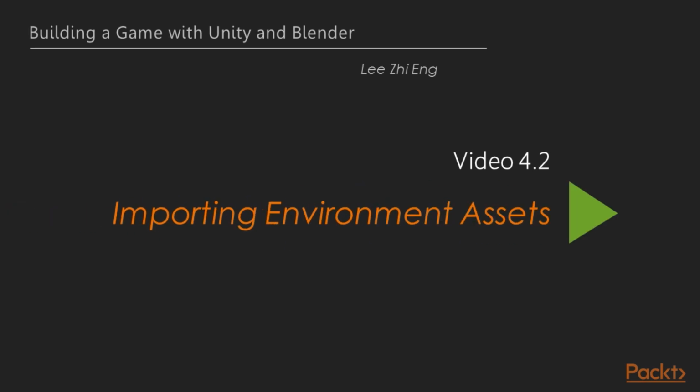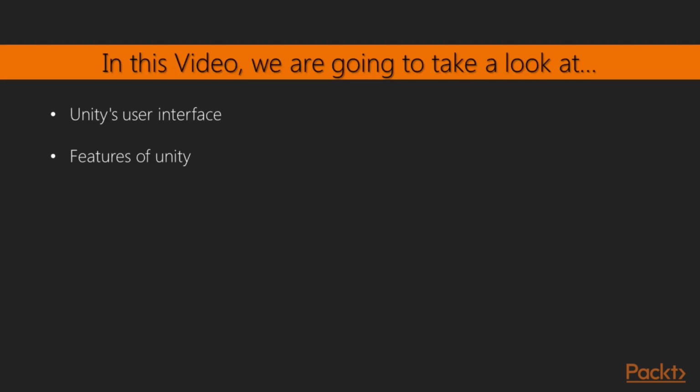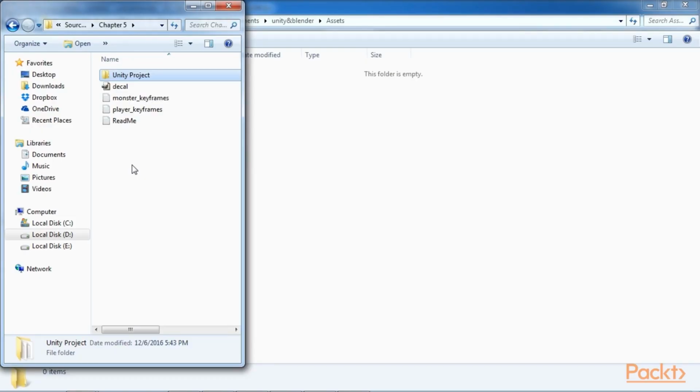Hi, here we are with a new video, Importing Environment Assets. In the previous video, we looked at the basic user interface in Unity. In this video, we are going to copy the files into the Assets folder. Then we drag the source files directly to the Project panel, and finally, we start placing each of the meshes to the scene. After learning about Unity's user interface, let's import all the assets we made in the previous sections